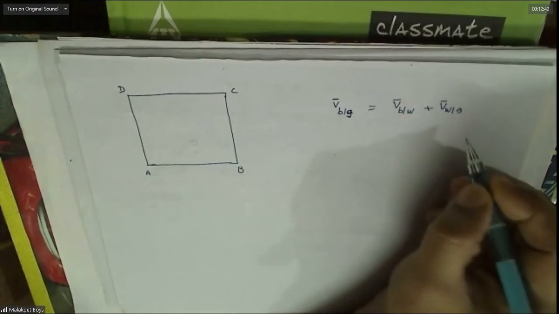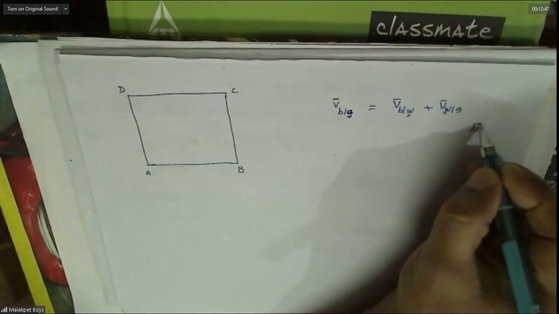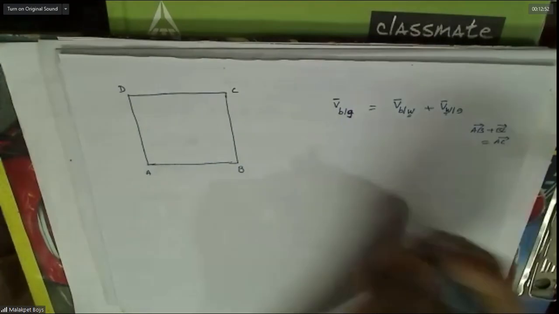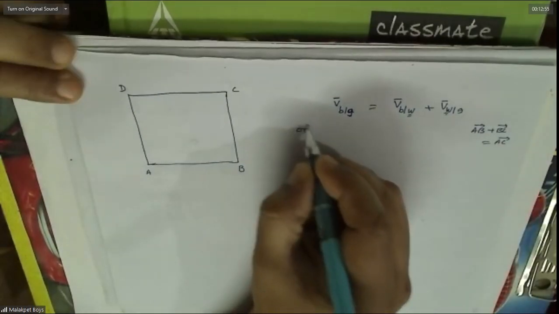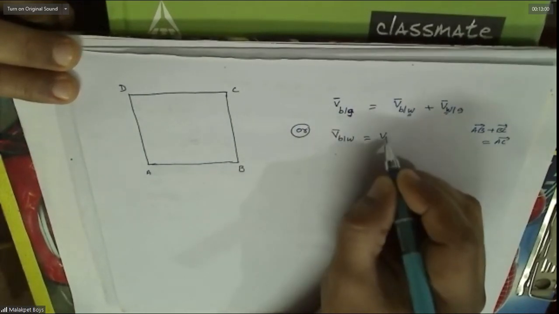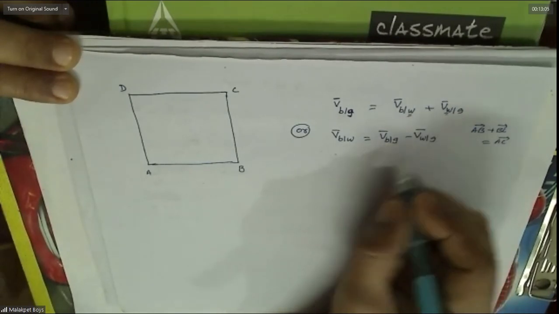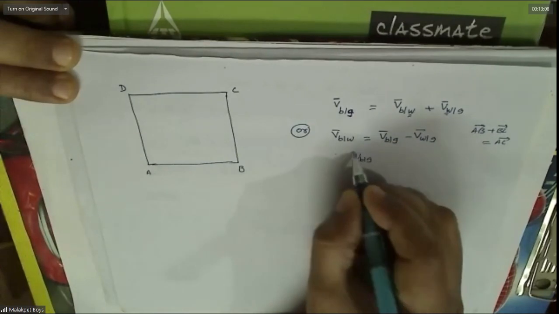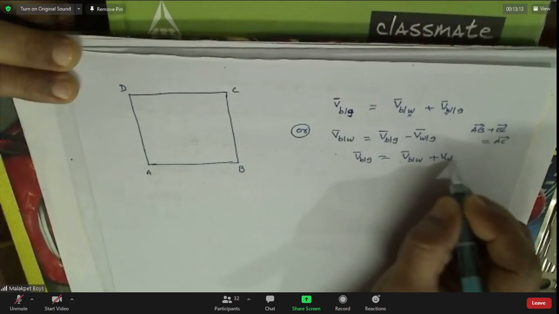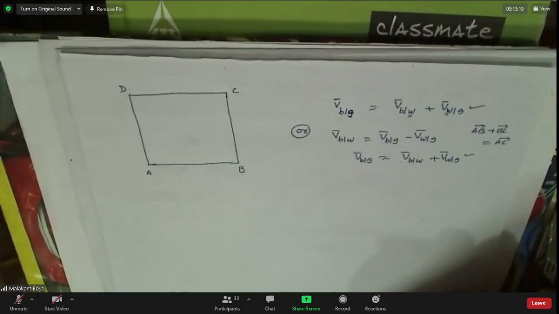Okay, this is wind. W is wind. So if these two are the same, you can add. Remember that AB plus BC is what? AC. Or you will get the same thing from here also. Bird with respect to wind is bird with respect to ground minus wind with respect to ground. Now you need bird with respect to ground, which is bird with respect to wind plus wind with respect to ground. Same thing you are getting here and here. Agreed? Followed this?